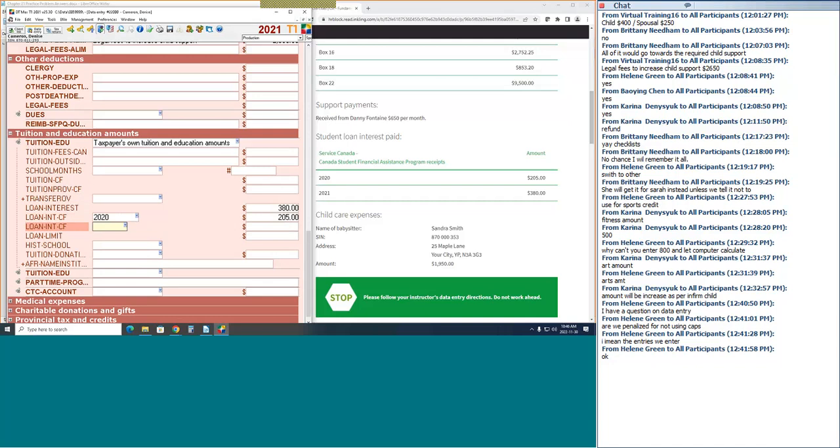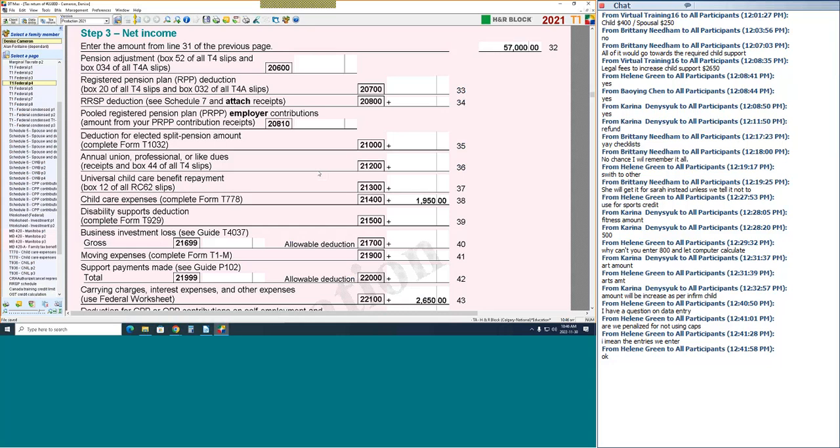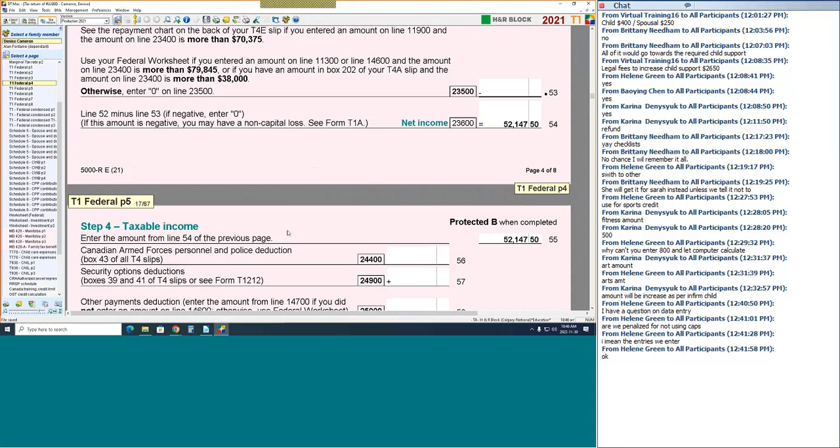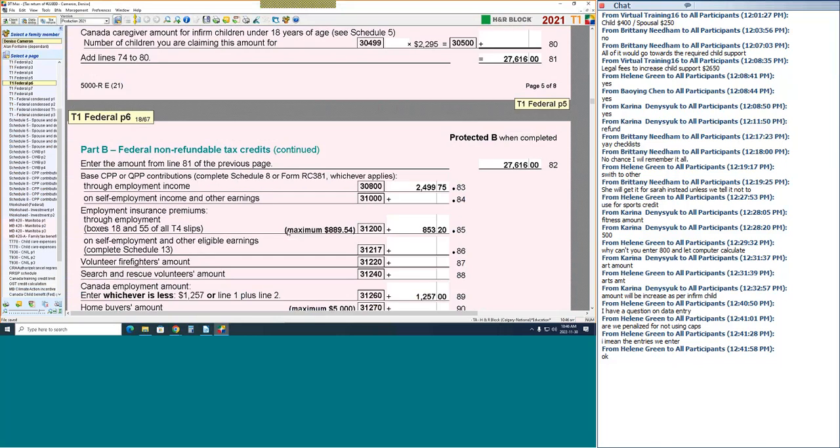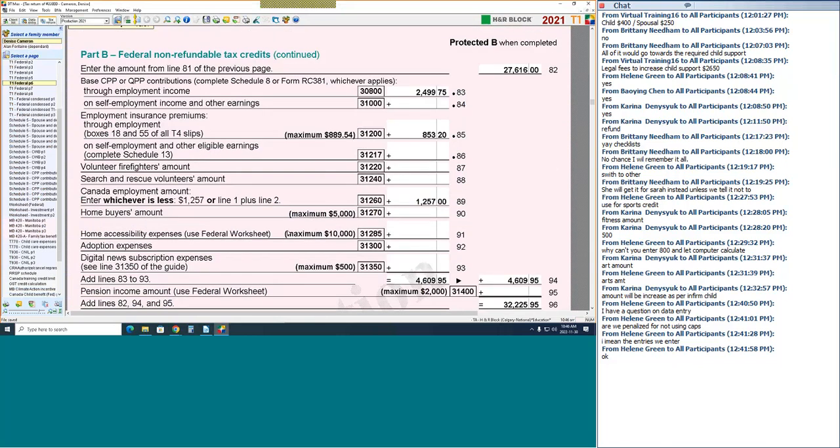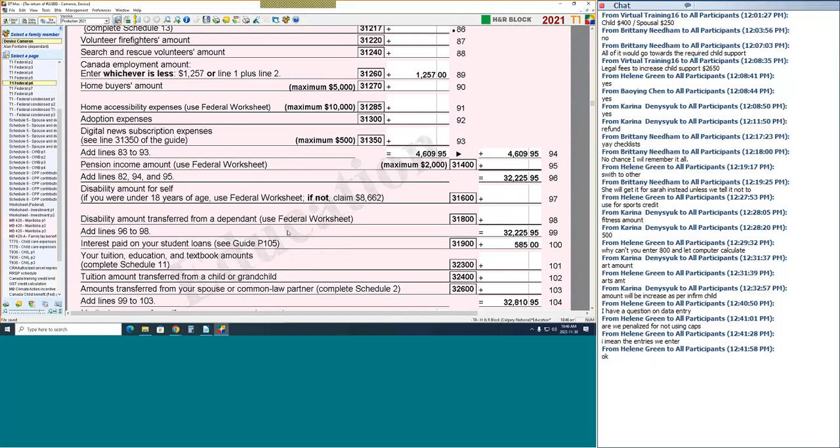All right, that's the only data entry I'm going to do here. This is not from a tax slip, so I do not need to do quality at source for it. But I do, however, need to make sure it did what I wanted it to do. So I'm going to go to the tax return now, and I'm going to go looking for my student loan interest field. If I go to my student loan interest field, which is down here, close to the bottom, you're going to see that the computer has added both years together because she can use them now, and we're going to enter them that way. Nice and easy. You can only carry it forward up to 5 years,